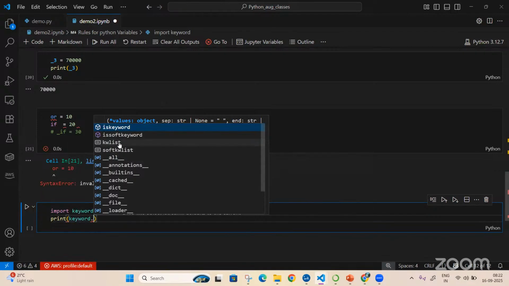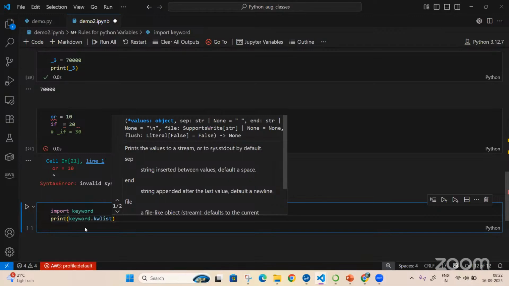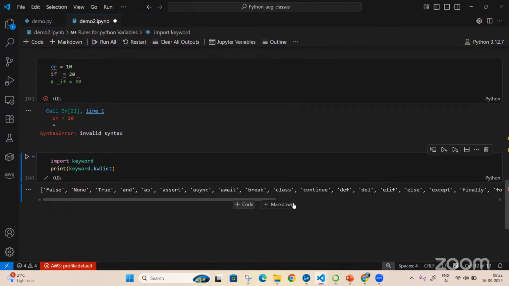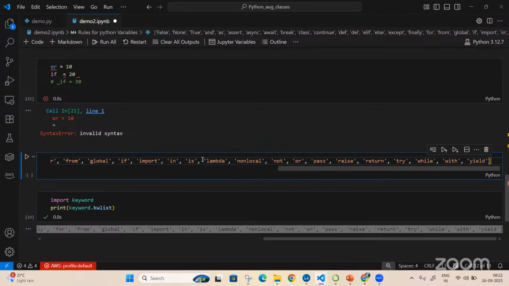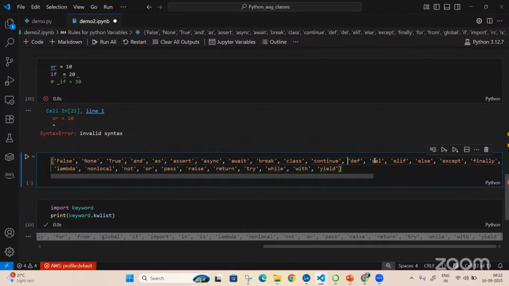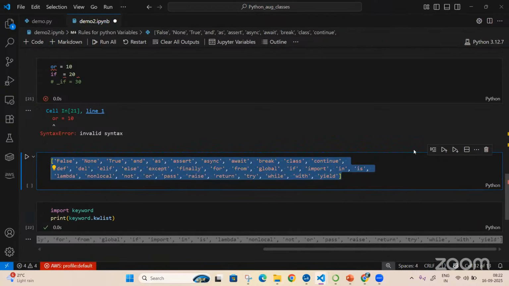I'll say something called kwlist. Now, as soon as I do, you are getting certain data here. All these words you are getting cannot be used as a variable. Apart from this, anything else you use will be assigned as a variable.